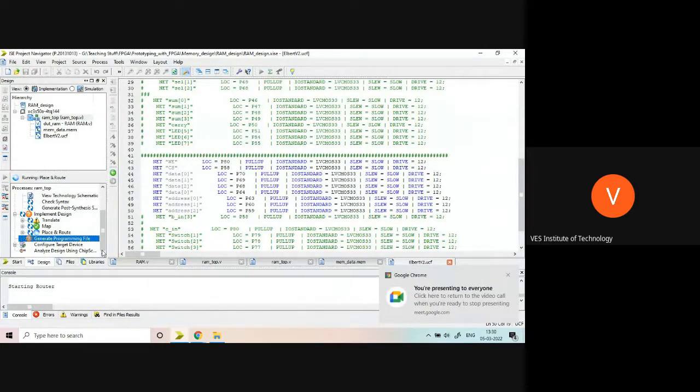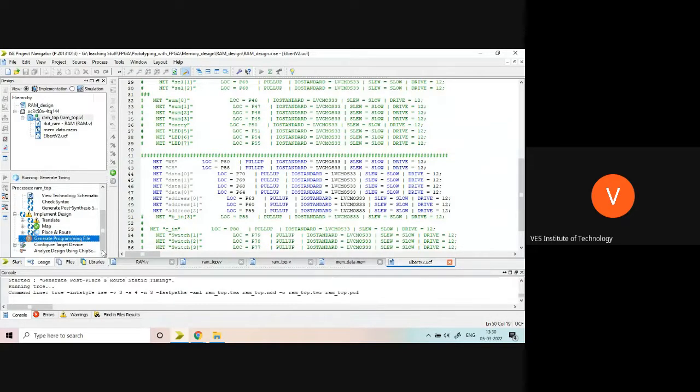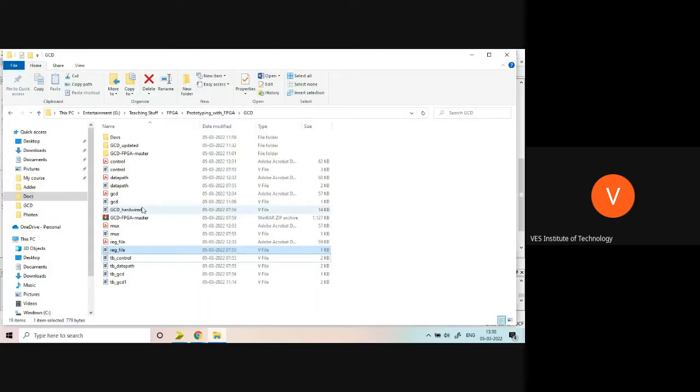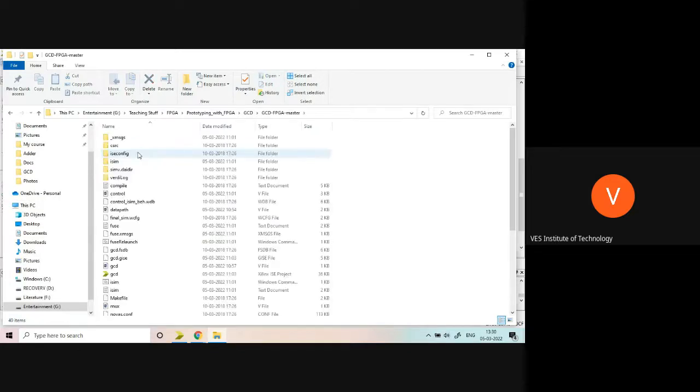Otherwise, I will show the working code I have with me. And you may try at home with your boards. Just change the UCF files. I will share all these codes with all of you. The procedure is the same. There is nothing new we have to do.